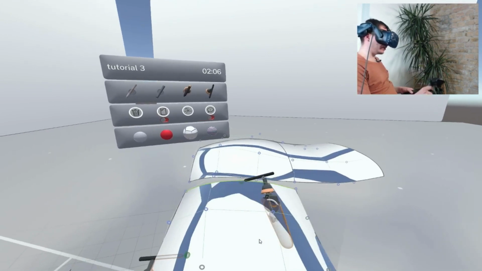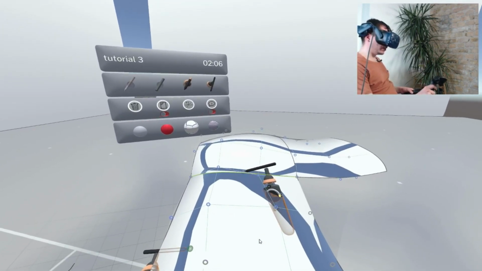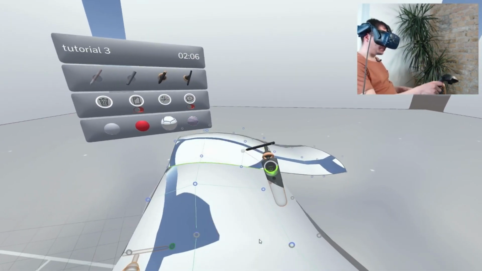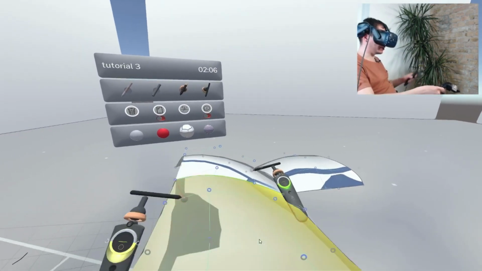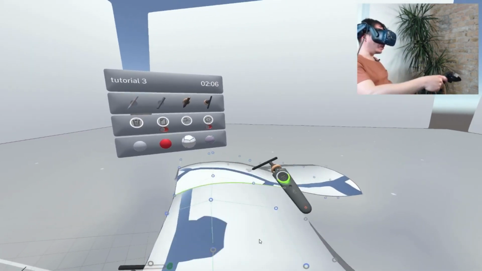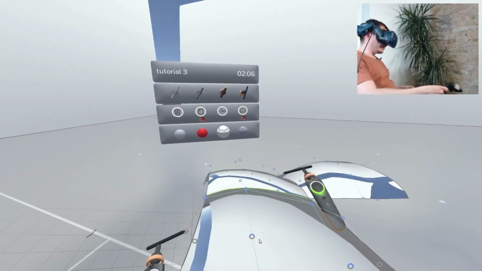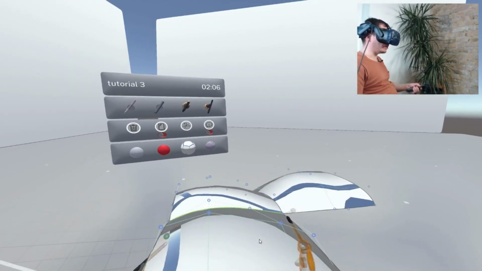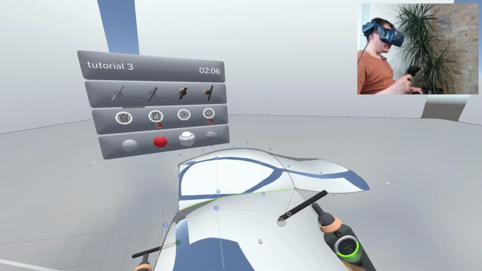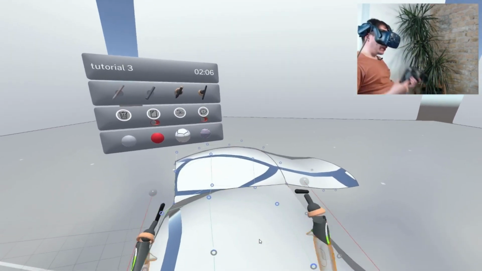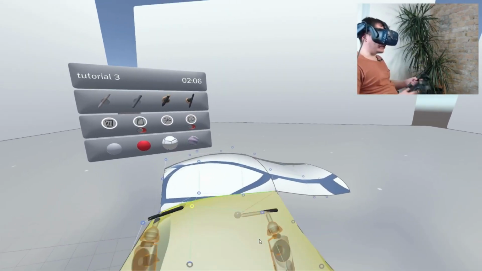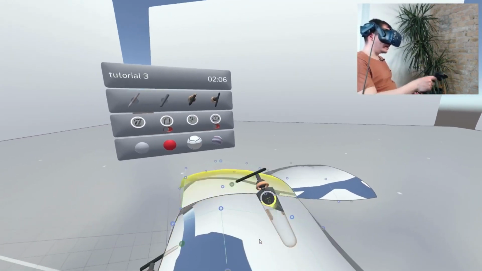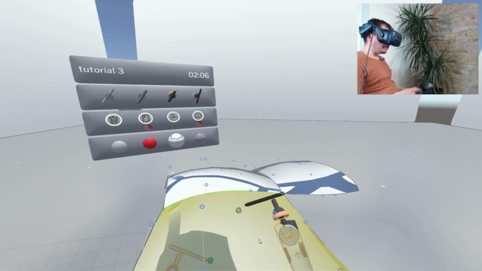Once I release the grab button, I didn't have to do this, but if I want to do it and release it now, it gets snapped. So what does that mean? That means once I move one of the adjacent patches now, the other one changes as well, because the basic assumption is that you want some physical behavior of your geometry. And once you combine certain surfaces, Flying Shapes assumes that you want this combination to remain intact even when you modify the geometry. You can of course separate both shapes again, but this helps you